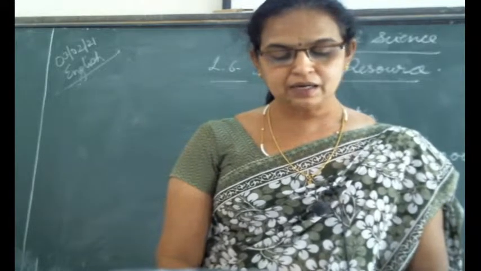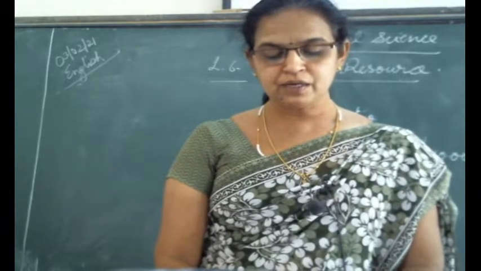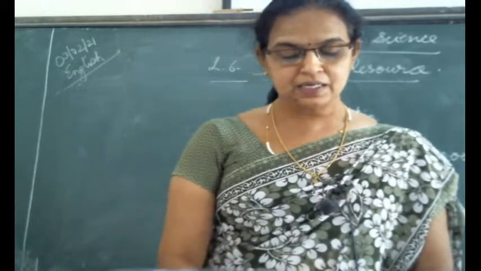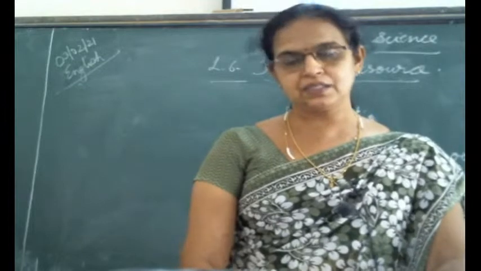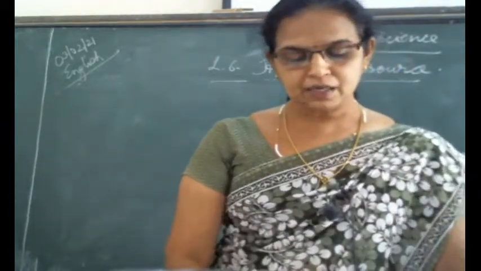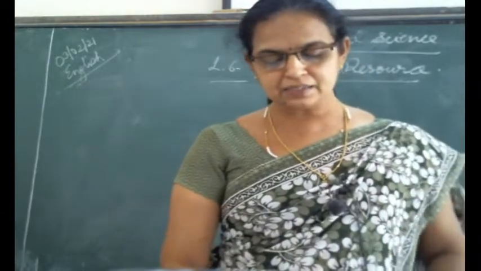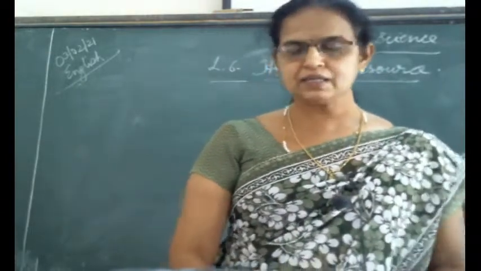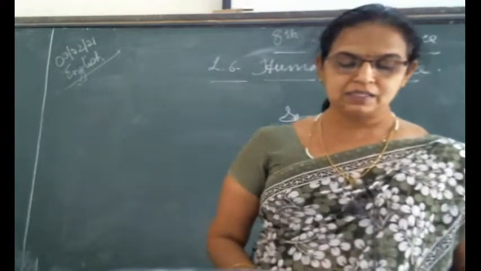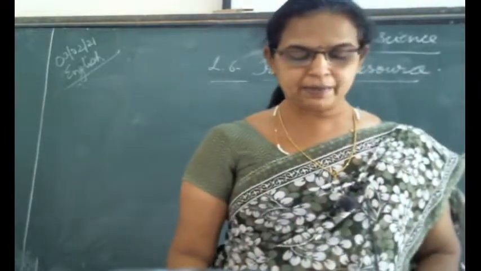It is there: Kerala 93.91, with males 96 and females 91. So the highest literacy rate state is Kerala. Then Tamil Nadu, Gujarat, Pondicherry, Bihar, like that it is given. But not all the states are shown. No need also to learn by heart all these things. But the first one, okay, remember.